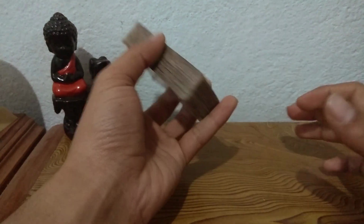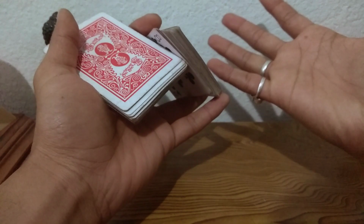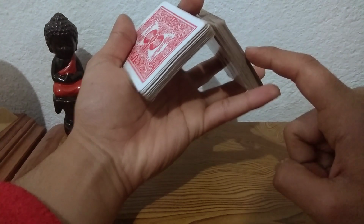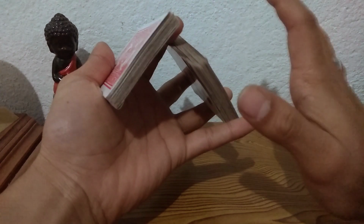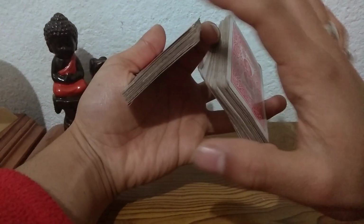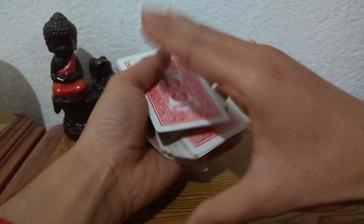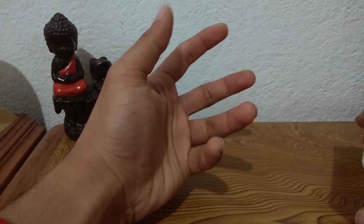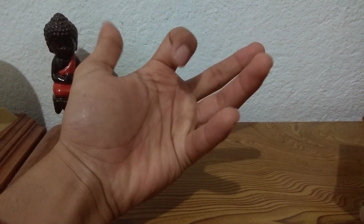So once again, right here, slightly lift it up and just open up your hands. Just open it up. Don't worry, your pinky is there to guard the cards from falling off, and all the other fingers are there to guard it. Just clear it out. Just clear the cards. As soon as the cards are clear with each other, curl your index finger in and then slowly close it. Slowly close it. So it's like this. You're turning the deck, your thumb pushes it down, and as it is cleared, you curl the index finger in